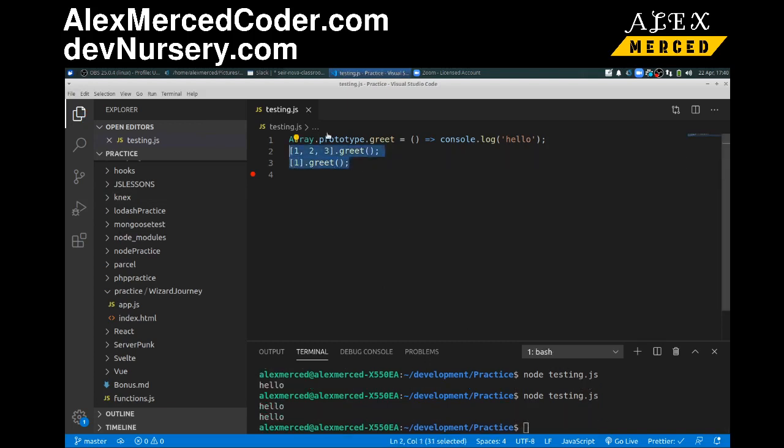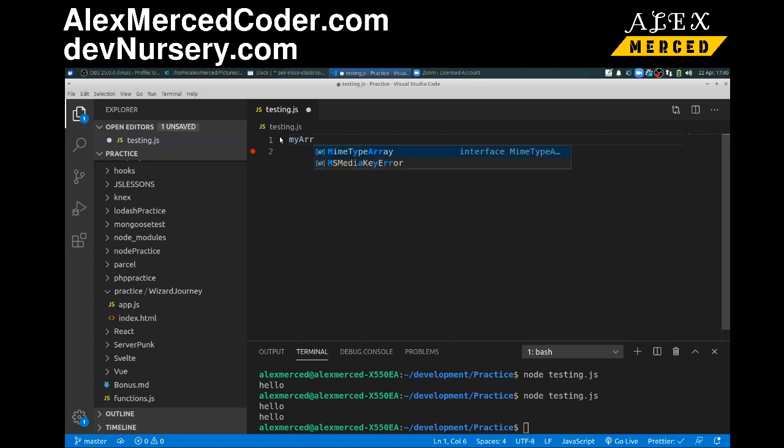But I don't have to add it to the prototype. I could add the function to just an array. But let's say I did this. Let's do this a little bit differently. My const, my array equals an array 1, 2, 3, 4, 5. And again, arrays are objects like anything else, so I could add properties to an array like I could with an object. So I can literally do my array